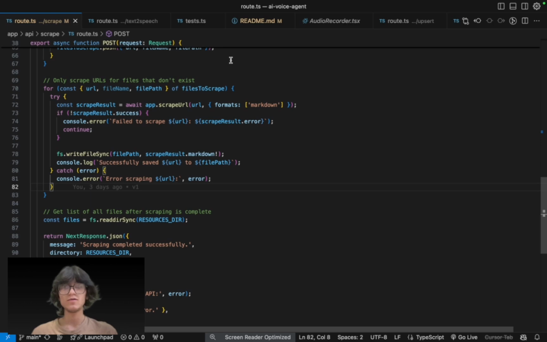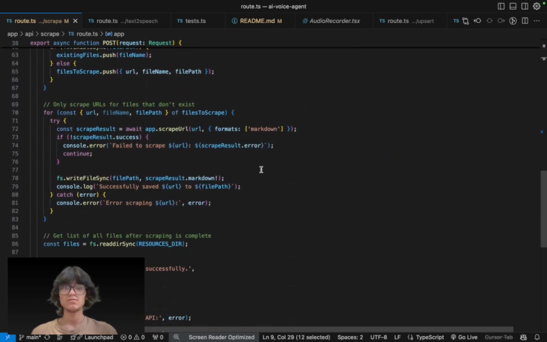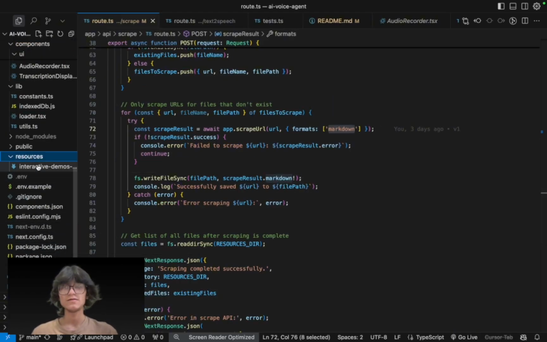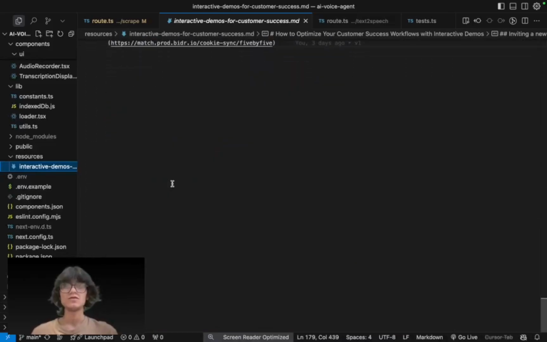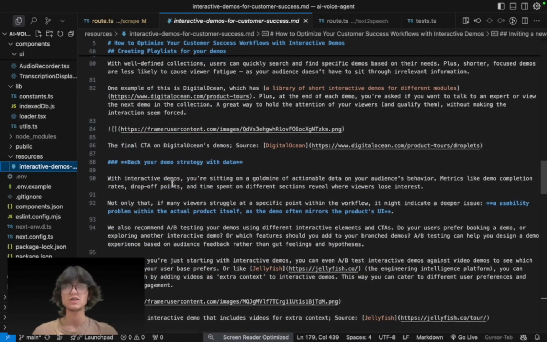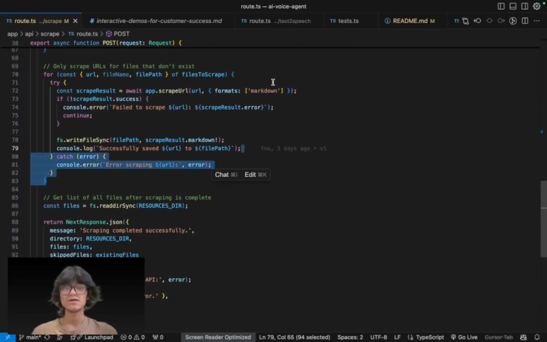And then we will scrape the content using Firecrawl, in a markdown format, because the markdown format is really simple and it's enough for us to convert to vector and then upload to the Pinecone database. So we scrape the content